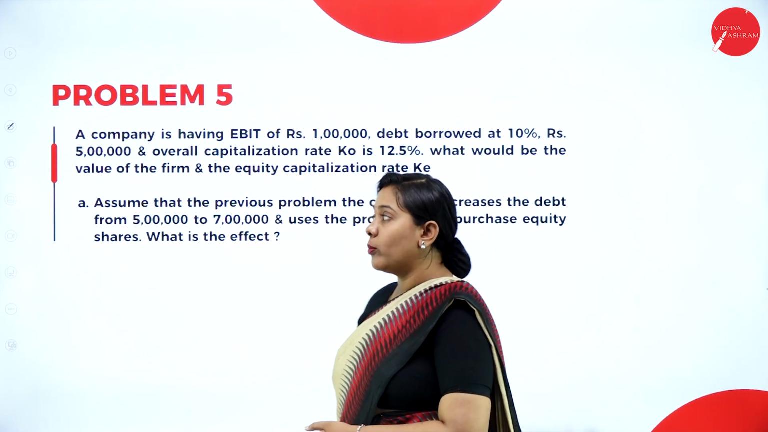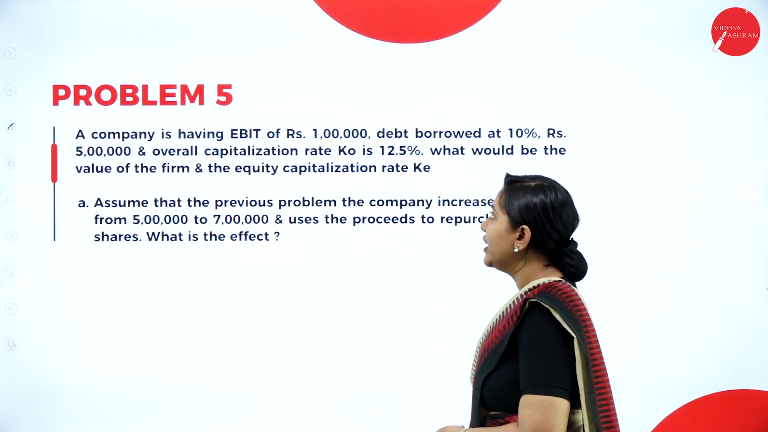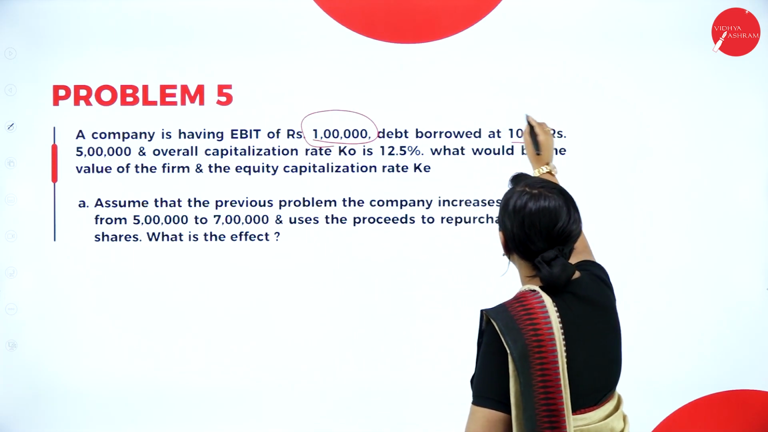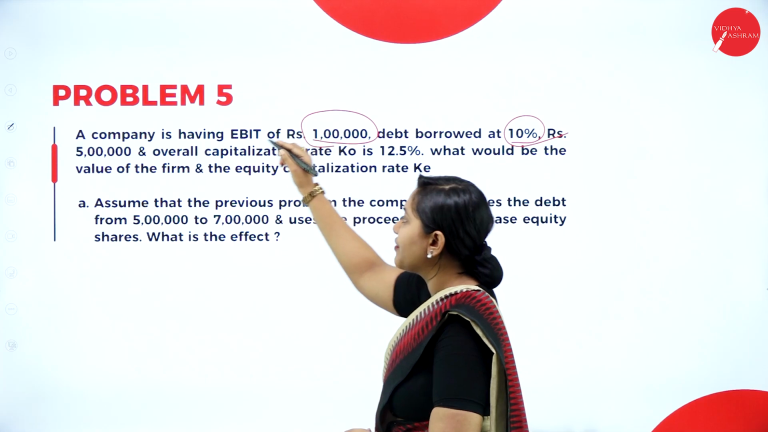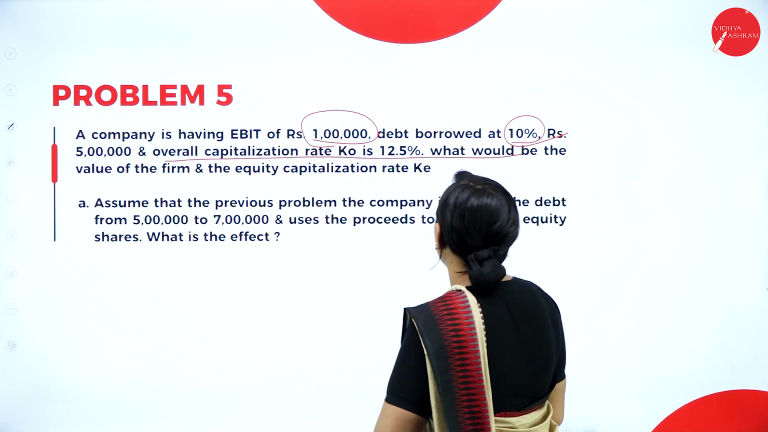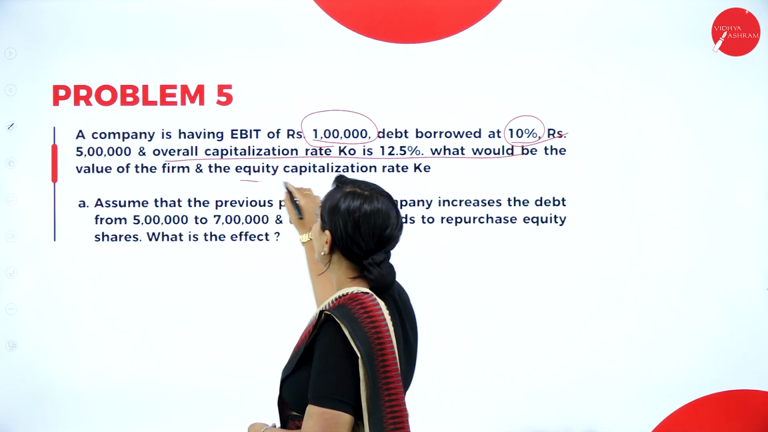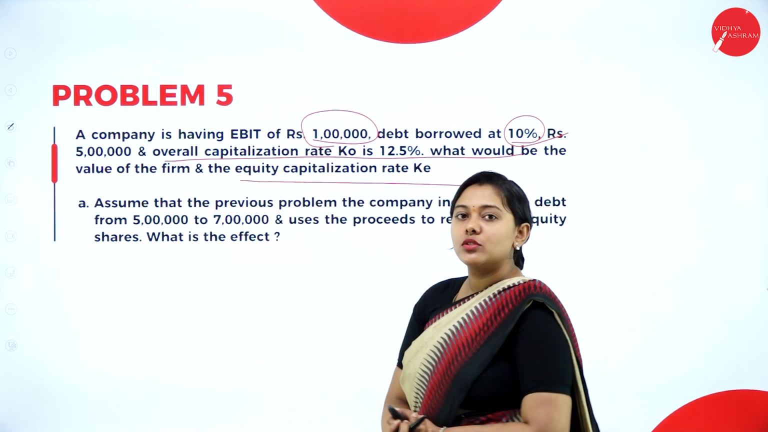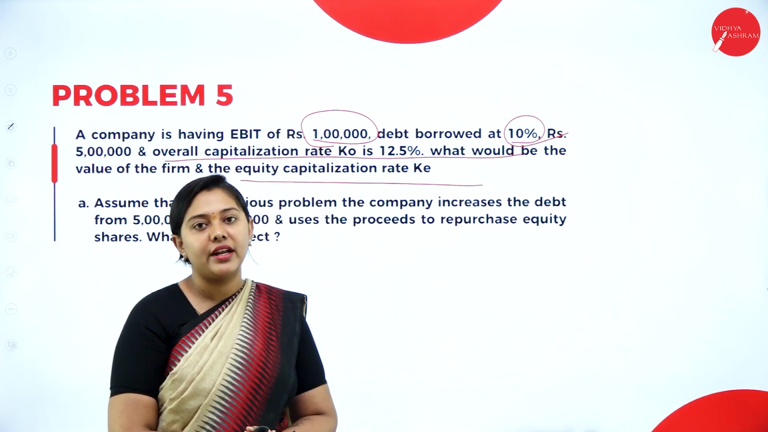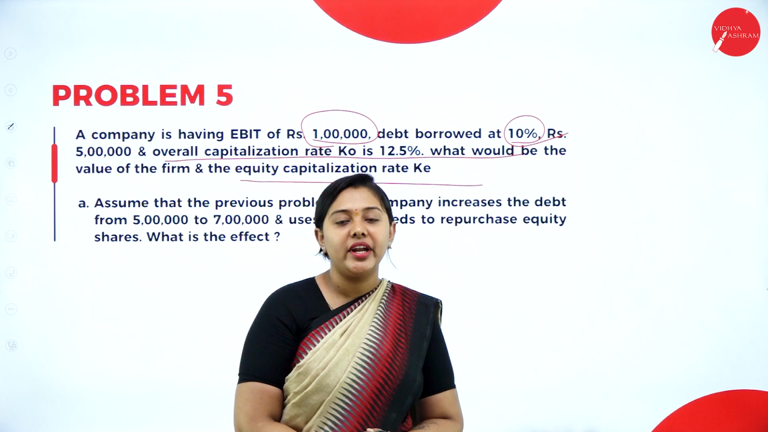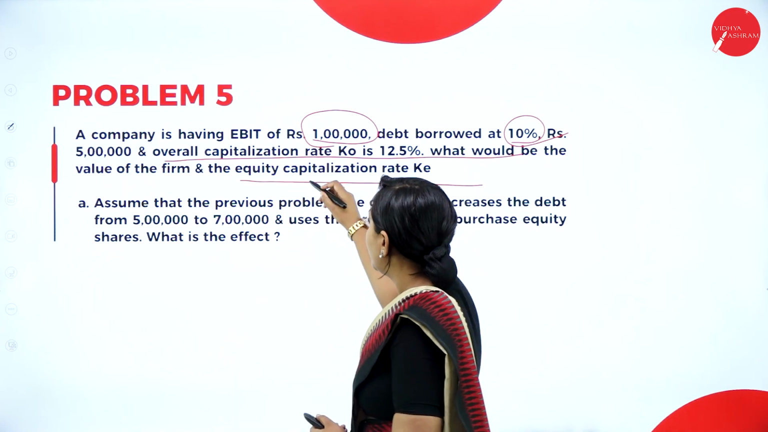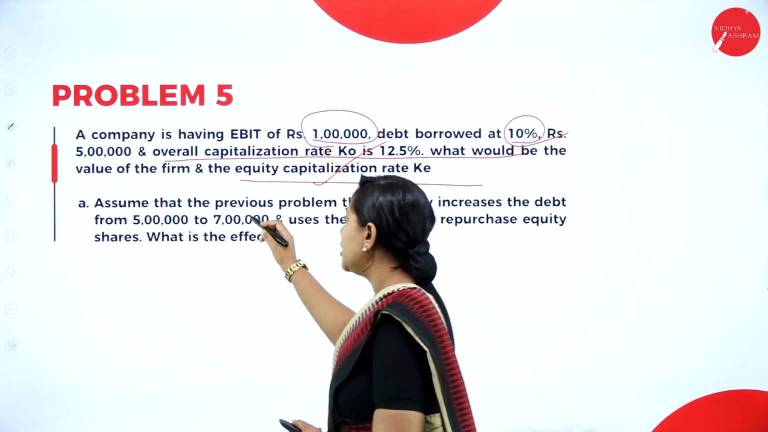Let's solve the problem. A company is having EBIT of 1 lakh, debt borrowed at 10% of rupees 5 lakh, and the overall capitalization rate is 12.5%. What would be the value of the firm and the equity capitalization rate? So, my dear students, in your net income approach, they'll ask you all to calculate the overall capitalization rate, whereas in the net operating income approach, they'll ask you all to calculate the equity capitalization rate. Conditions we have: